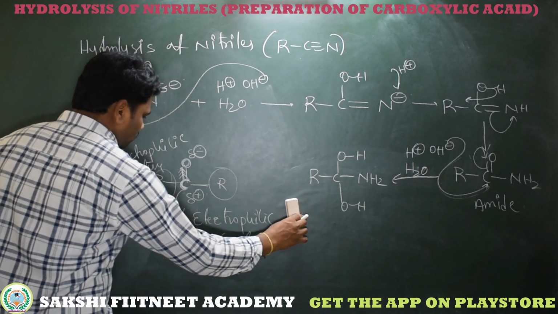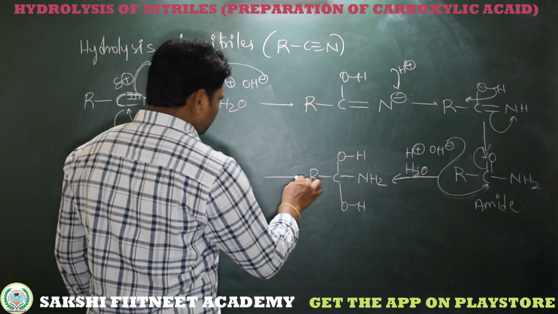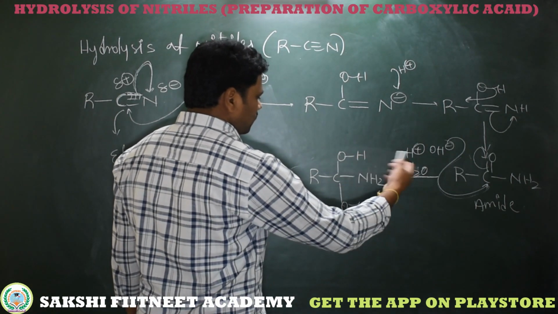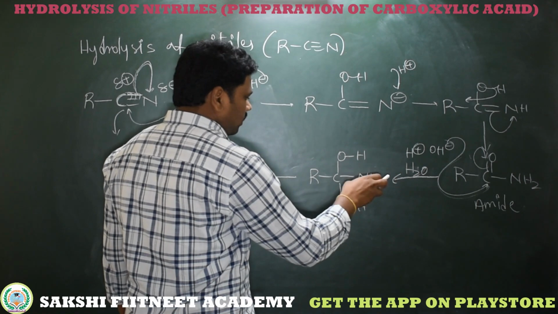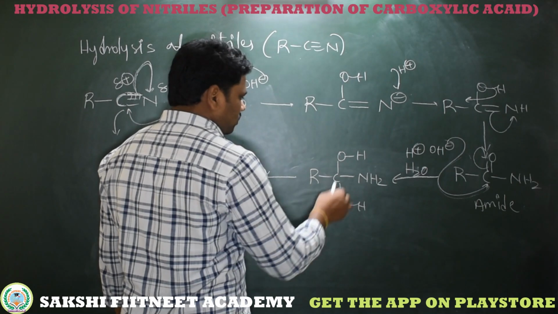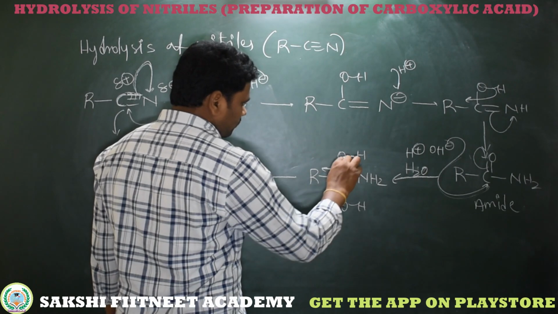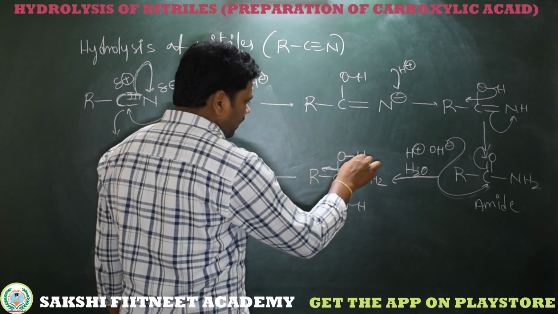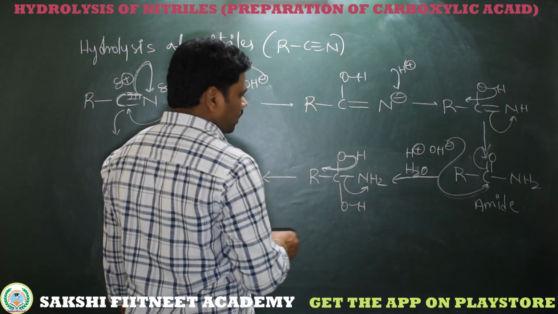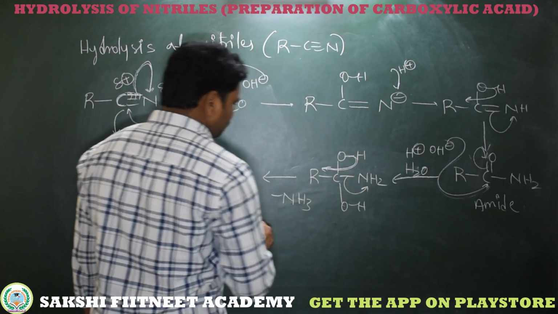Now this undergoes elimination due to the presence of a leaving group. See here, the electrons of the oxygen-nitrogen bond are completely displaced towards nitrogen, ready to leave as a neutral compound by absorbing the H plus from the adjacent alpha hydrogen on this carbon. So here the oxygen-hydrogen bond electrons shift here. These bond electrons convert to a pi bond, and H plus is coming from OH, and here the carbon to nitrogen bond gets cleaved heterolytically. NH2 minus, H plus, gives NH3.